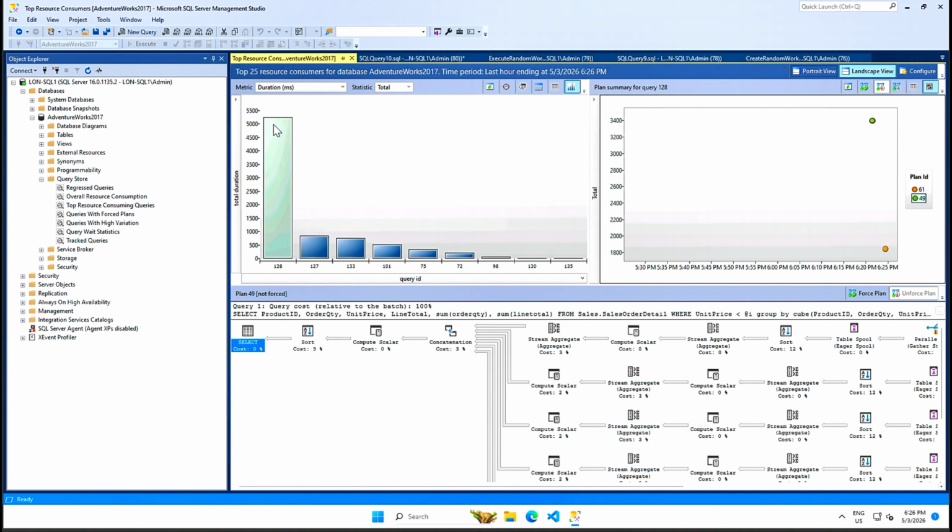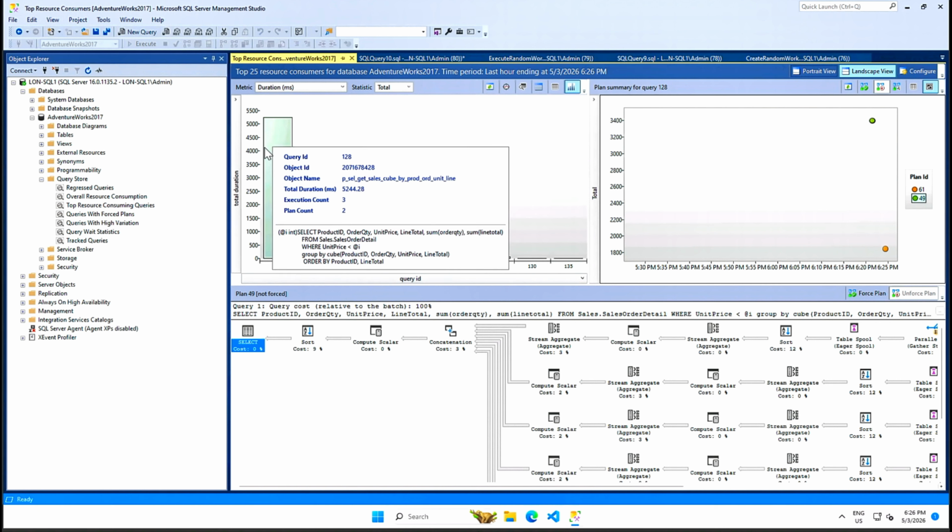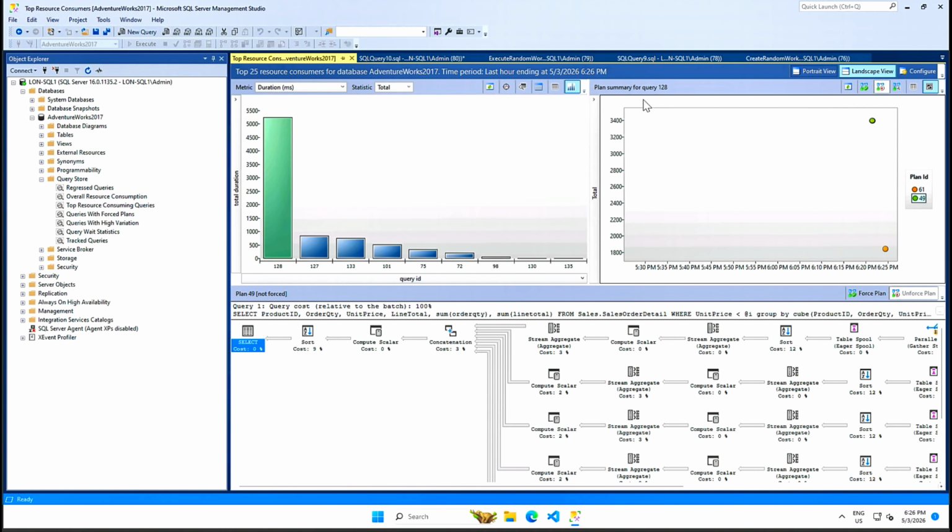And here we can see the duration. If we select the long duration one, we can get the SQL information. This shows us the query and plan summary for the longest duration one, and on this side is the plan summary. Now for this same SQL, we can force a better execution plan. For that, you can see the lowest duration was this one. If I click that,